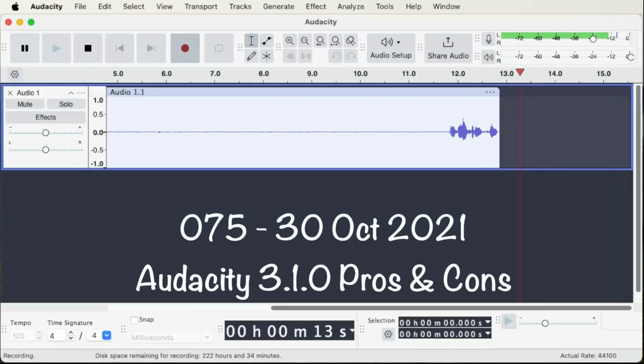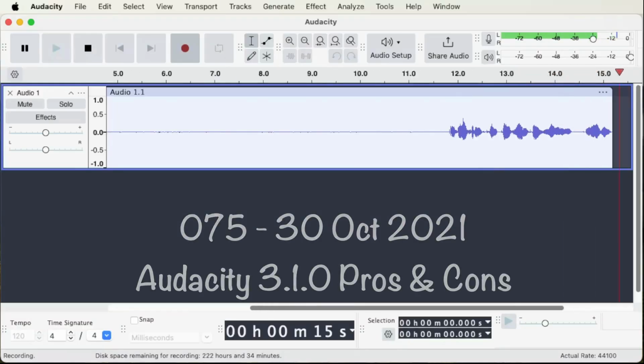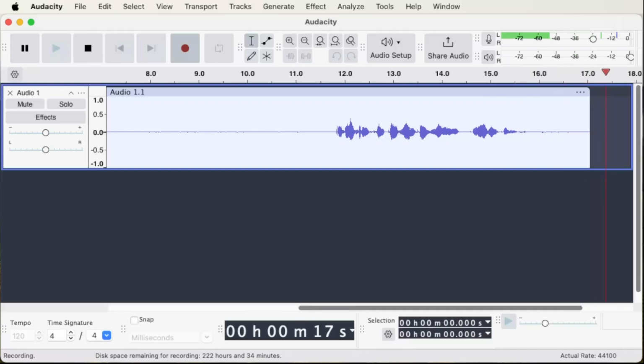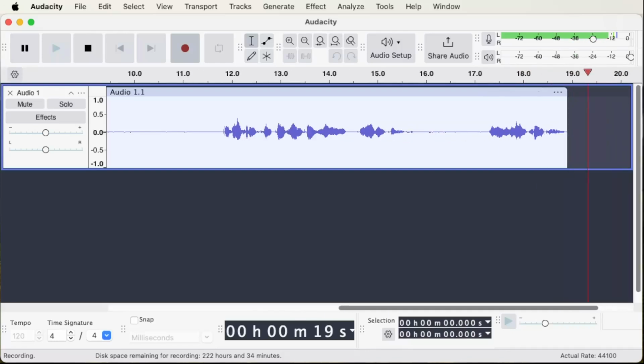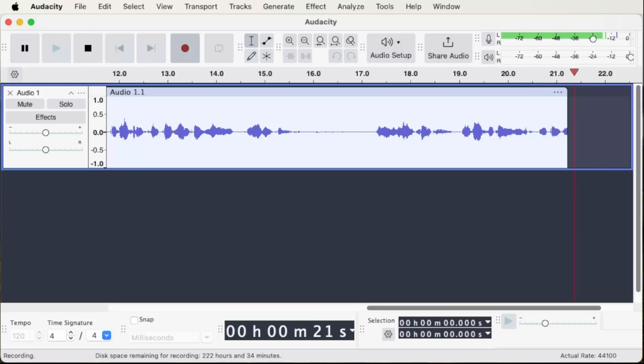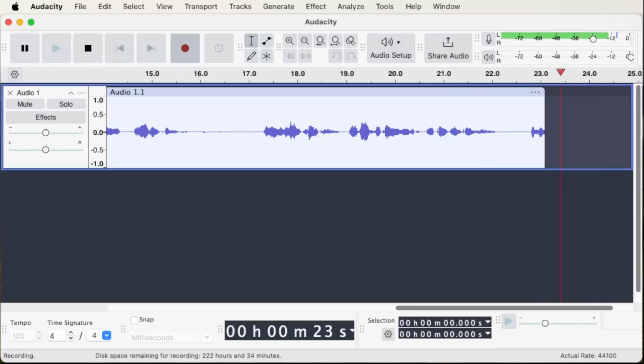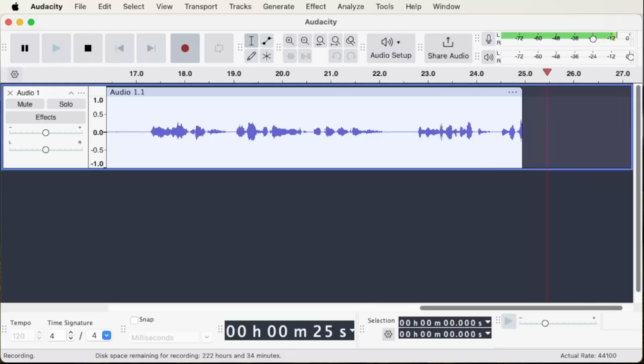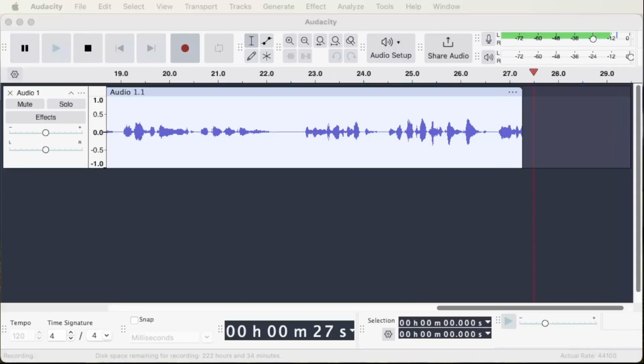Audacity 3.1.0 Pros and Cons. While I was away at Sonicon, the Audacity team released 3.1.0. This is a significant update, and we'll talk about some of the pros and cons in this edition of Stuart's